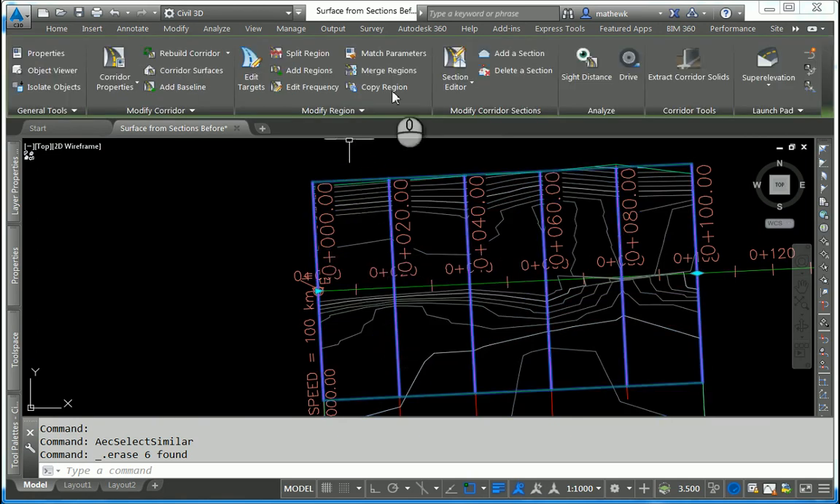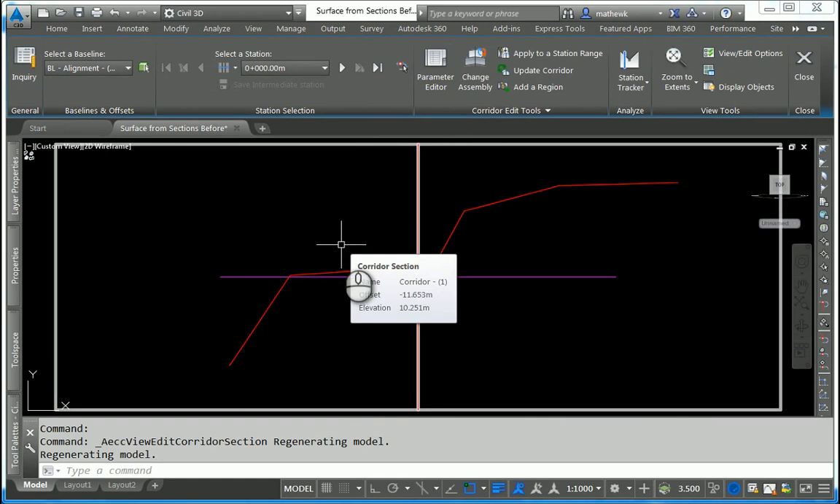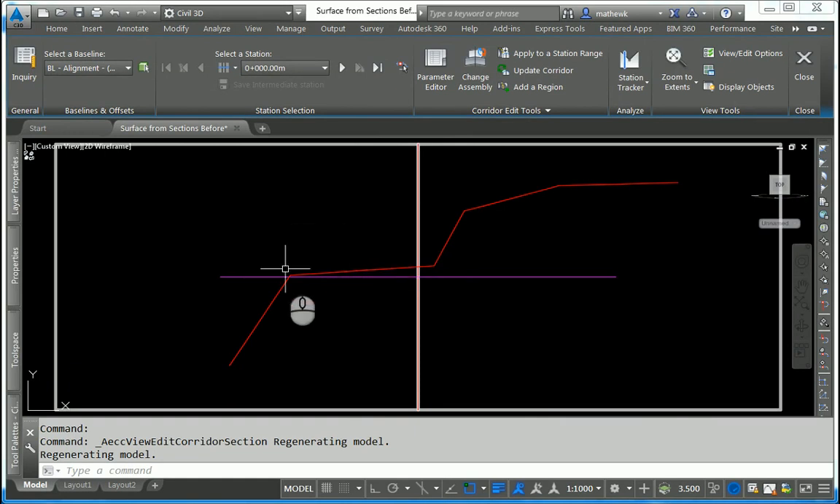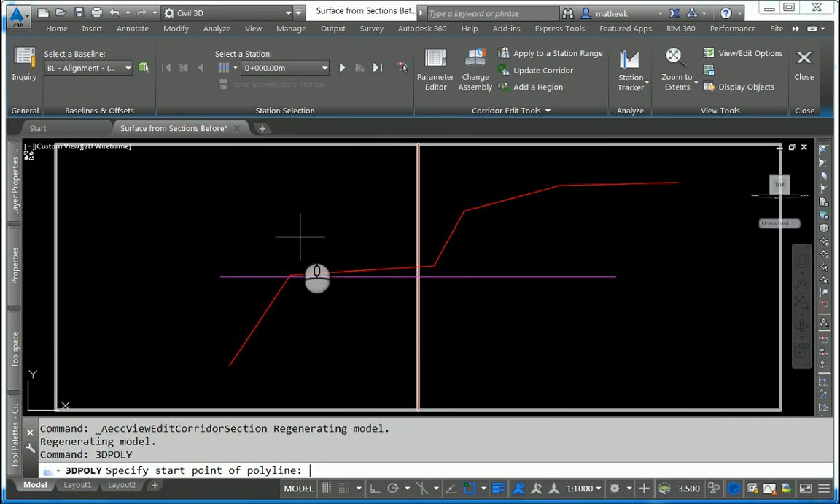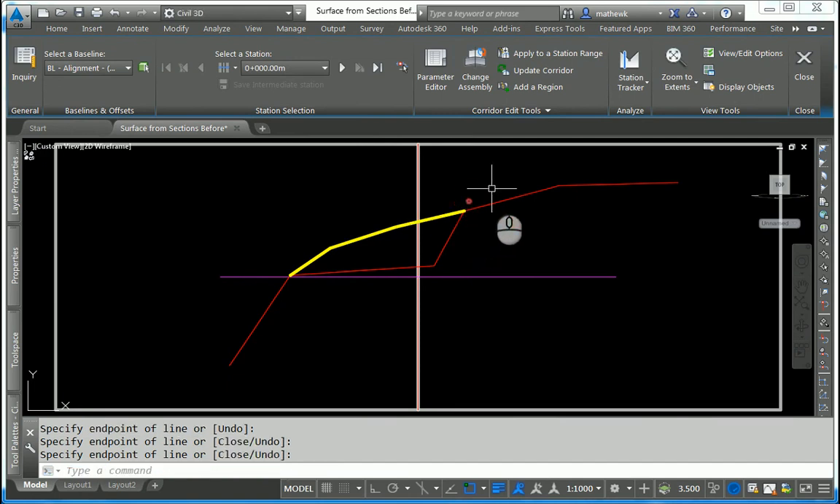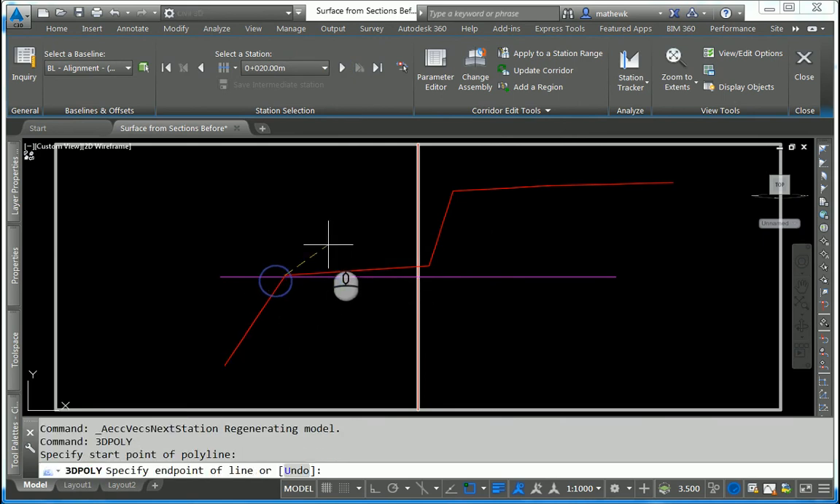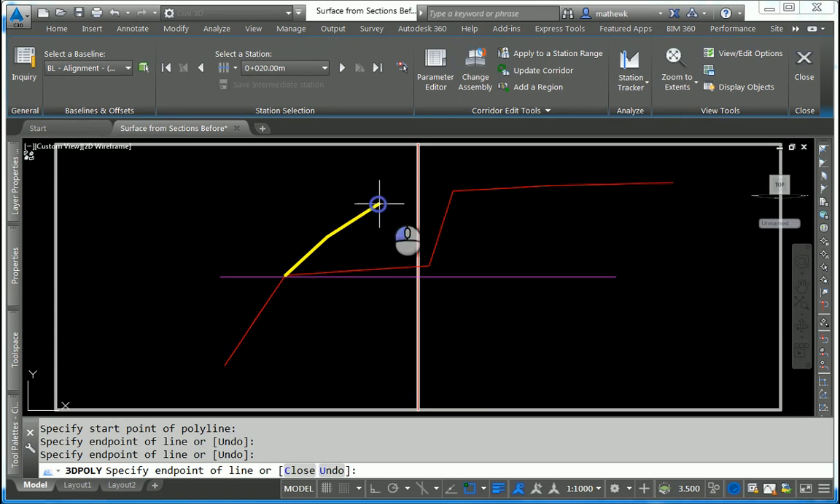I'll pick the corridor and I'll go to Section Editor. Here's the first station in my corridor. Now what I do is I use the 3D polyline command. I'll start at this endpoint, and I just, by eye, connect the dots for myself. I'll go to the next section. Another 3D polyline. It's essential that you use a 3D polyline, because if you use a 2D polyline, it's just